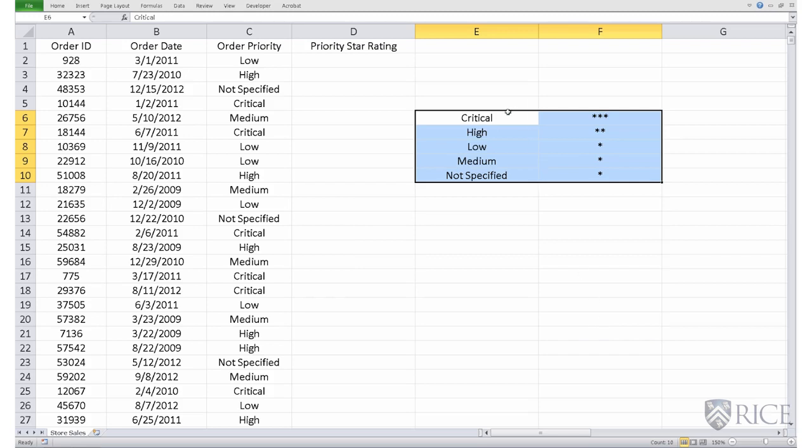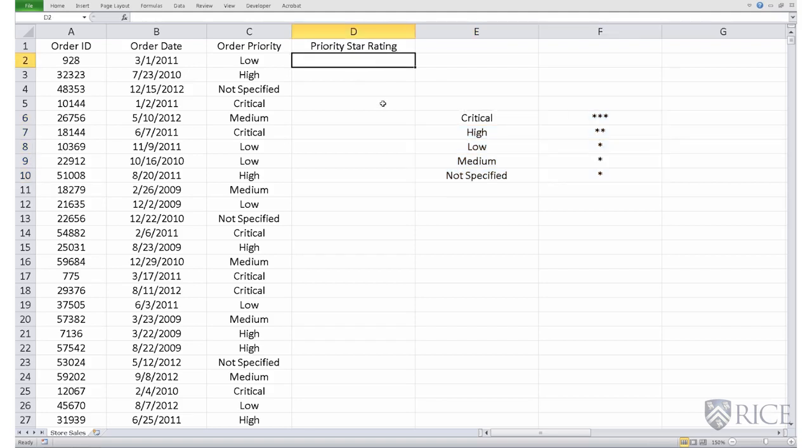So my lookup table now is properly sorted in an increasing alphabetical manner based on the very first column. Now I can execute my VLOOKUP command. So I go to my cell D2 and type in the command is equal to